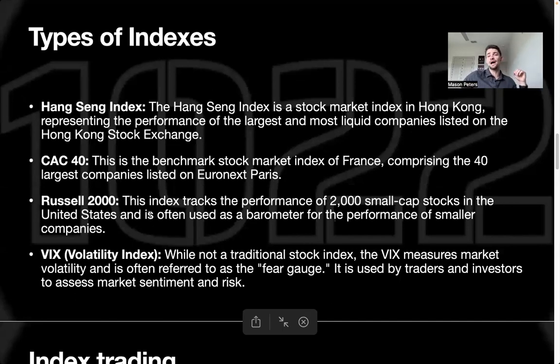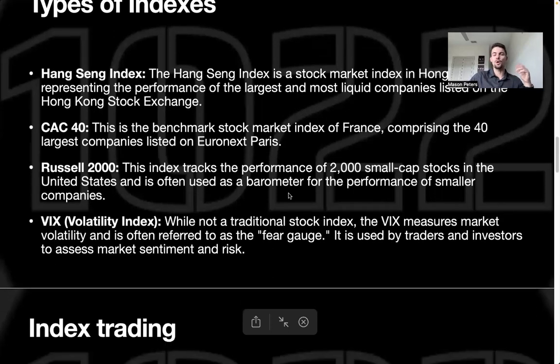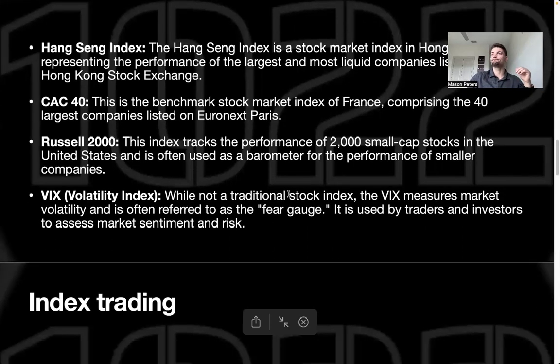The Russell 2000 is the 2000 small cap companies here in the United States, used as a barometer of smaller companies. So the Russell 2000 is a basket of 2000 small cap stocks. DoorDash, I don't know how profitable DoorDash is, but I would imagine DoorDash is one of those small cap stocks. True Value, Ace Hardware,